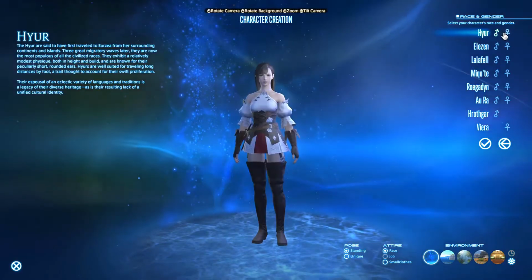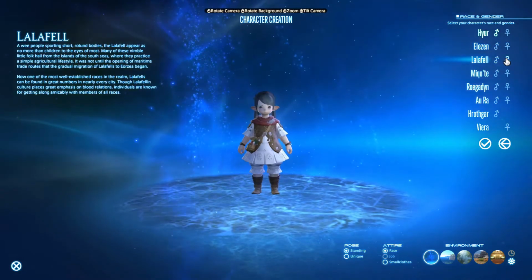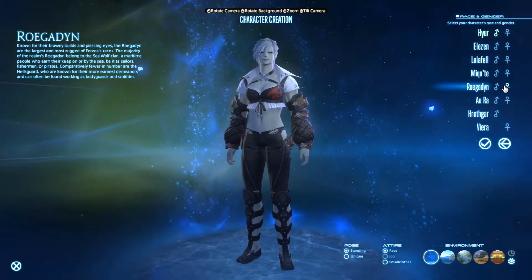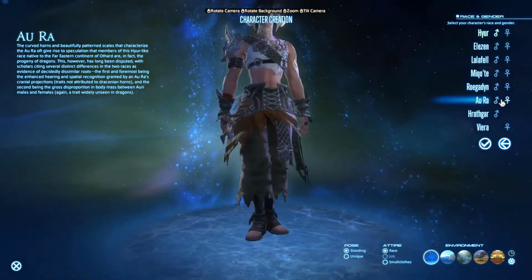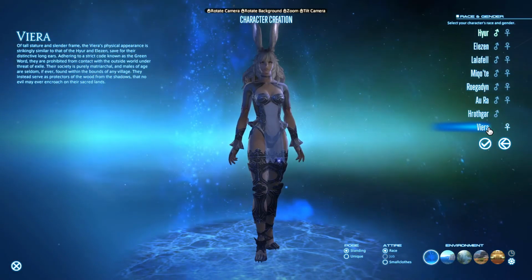Now, when you're creating a character, the first thing you'll be presented with is all the races and a choice of male or female presenting. Hrothgar and Viera currently only have one singular gender choice, but soon after Endwalker drops, Viera will have the choice of male or female. After you've made your choice of race, you're going to be given a choice between two